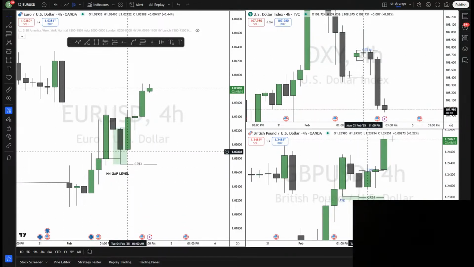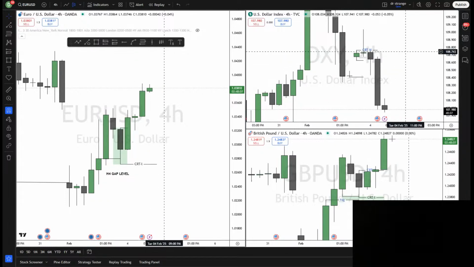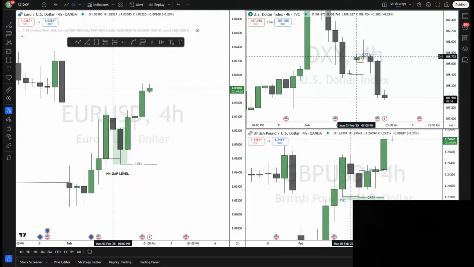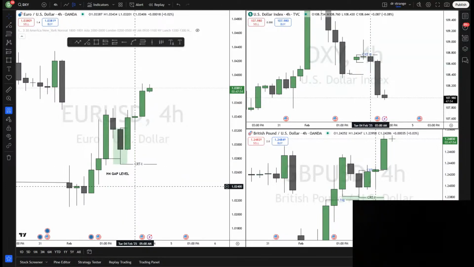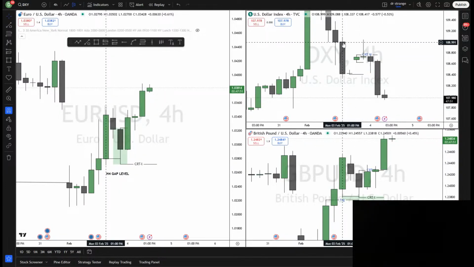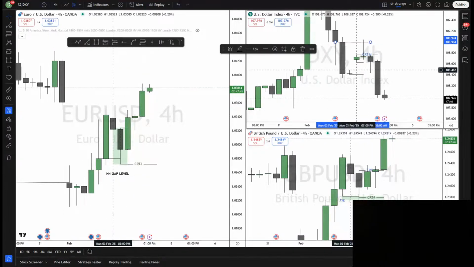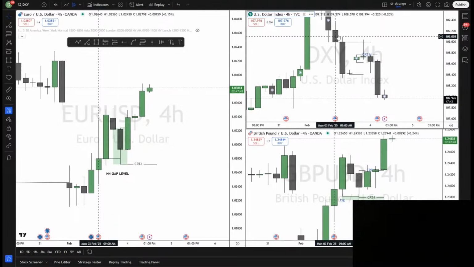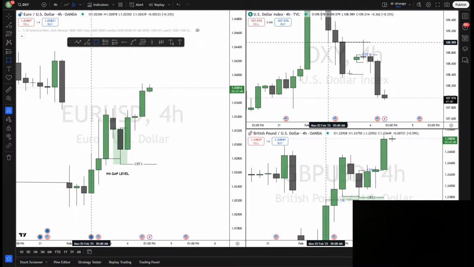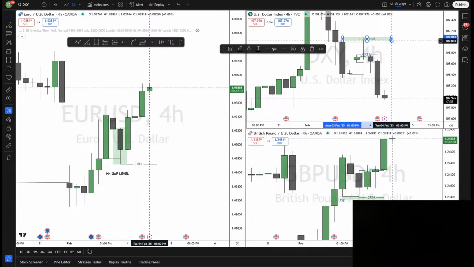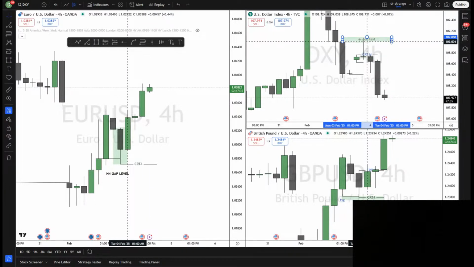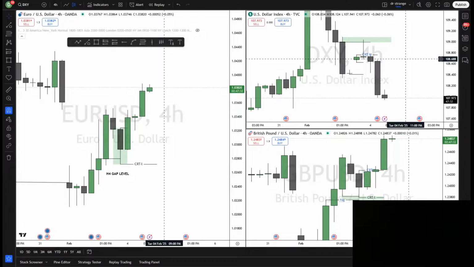Now, when the market opened, DXY went and took out this candle's high, while we did not take out this candle's high on what? On Euro USD. When we took out this high, we reached a gap level. So you're adding extra confluences to your trades, okay? You take out a high, you reach a key level. On the lower time frame, this is like an order block. You can call it a rejection wick or a gap level, but I like to use the closing price or an opening price. So this is like a rejection block, okay?